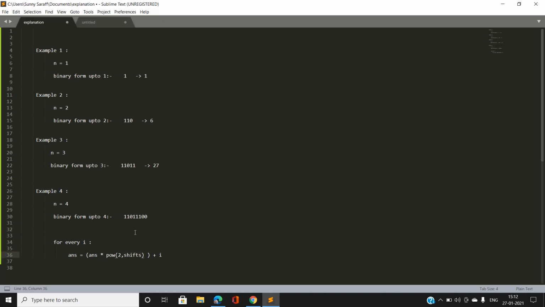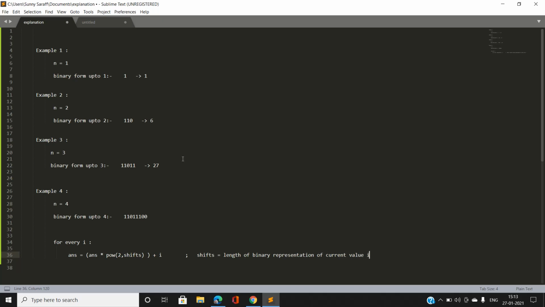Here we are appending 4, so shift is going to calculate the length of the binary representation of 4. That is, shift is going to calculate the length of the binary representation of the current value, that is i.